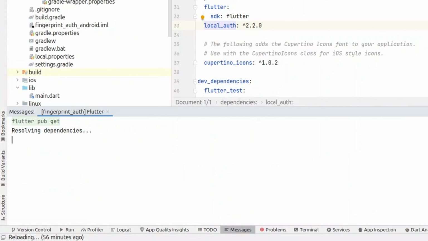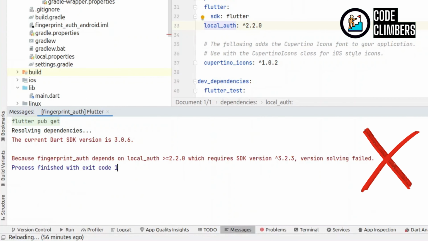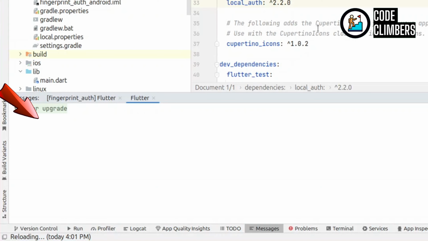Today we are going to show you how to keep your Flutter projects running smoothly by ensuring you are always